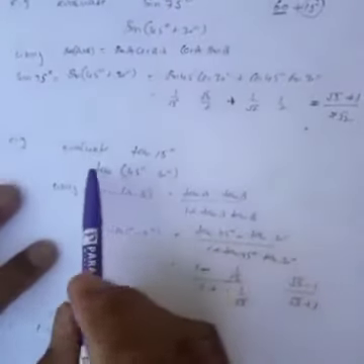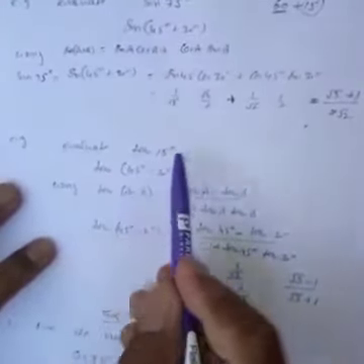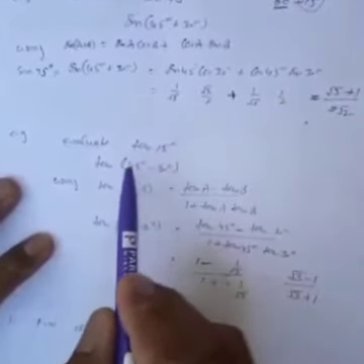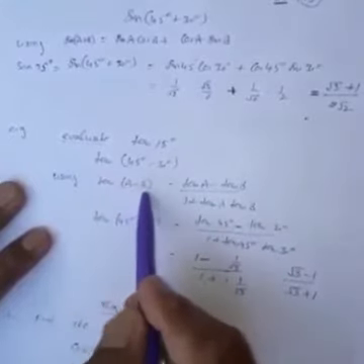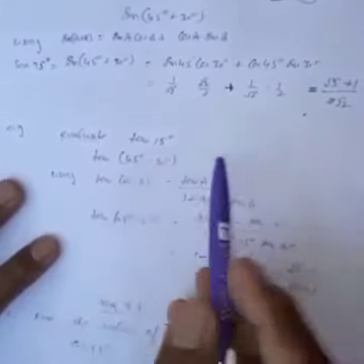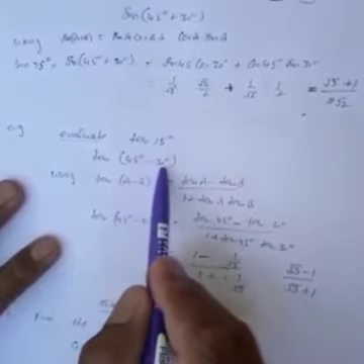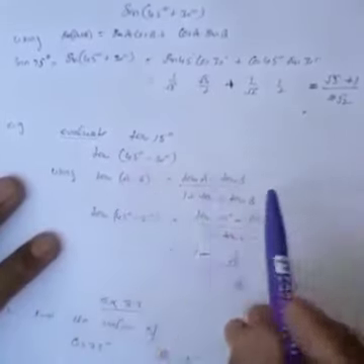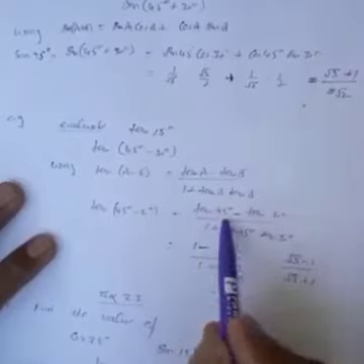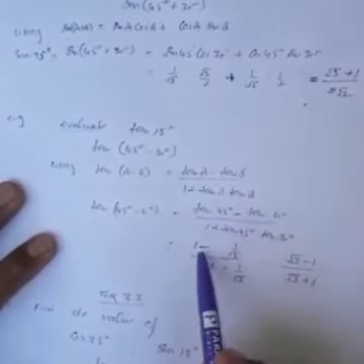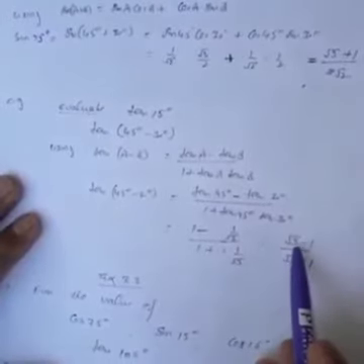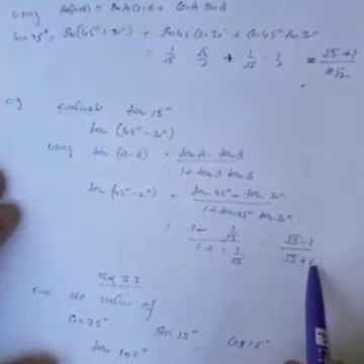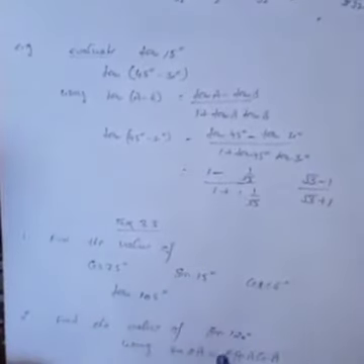Now similarly we can calculate the value of tangent 15 degree. 15 may be written as 45 minus 30, and we can use the formula tangent A minus B. We can also use the formula tangent 45 minus B. So using this formula, tangent A minus tangent B, put the values, and now we know tangent 45 is 1, tangent 30 is 1 upon root 3. You take LCM and simplify, it will be root 3 minus 1 upon root 3 plus 1. I hope it is clear, and now you try to solve these questions on the basis of these results. Thank you.